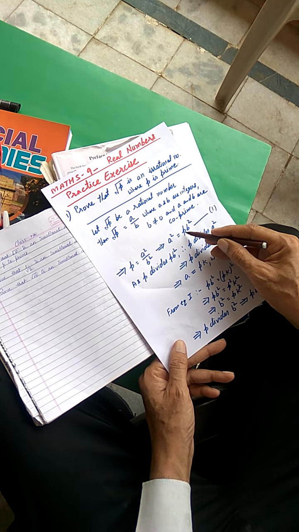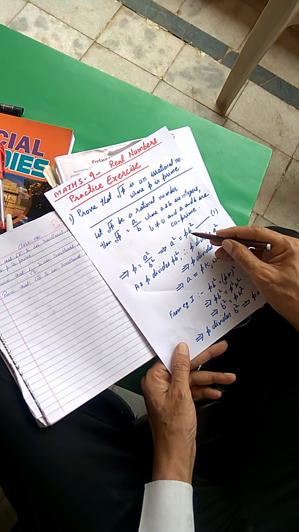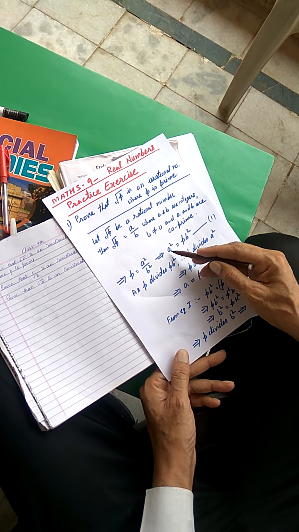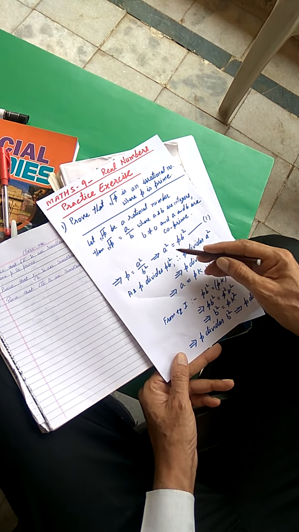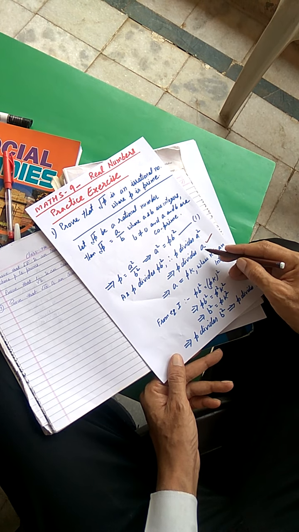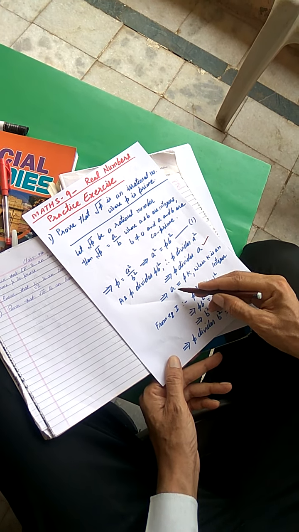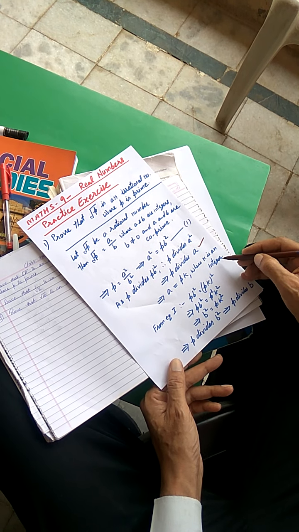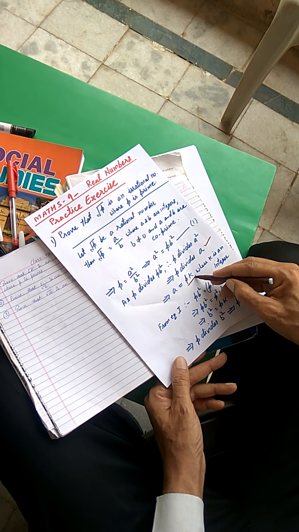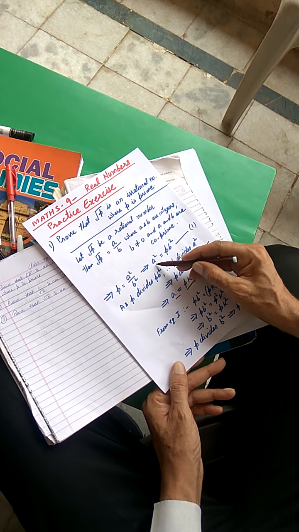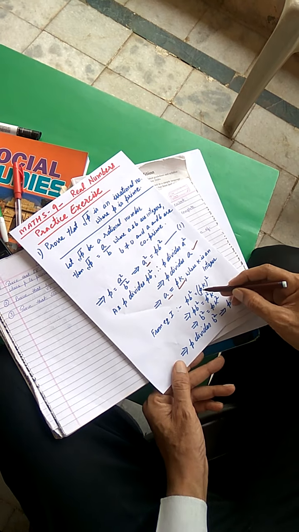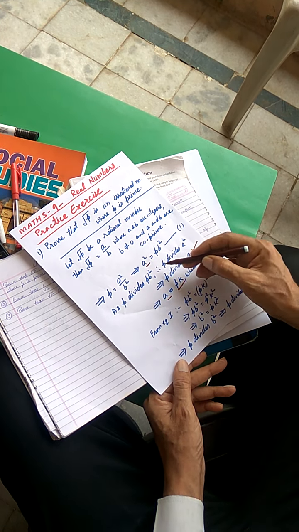This means that p divides pb square. That means p divides a square, and if p divides a square, then p divides a. We get p divides a. If p divides a, then let us take a as pk, where k is an integer. And when you put this value of a in equation number 1, here instead of a we put pk. We have put pk instead of a.